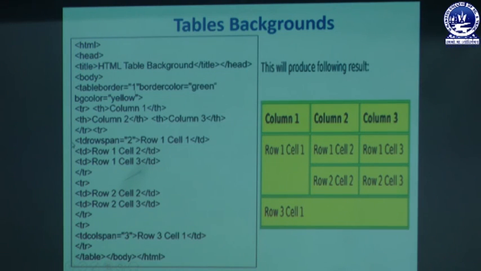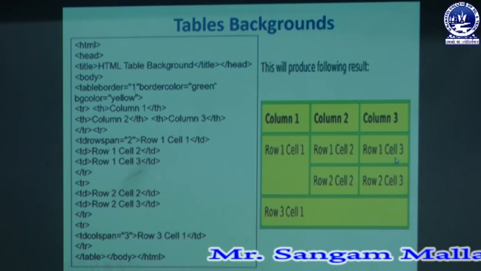In the second row, you can see over here that tr is the second row. In td I have written row span equal to 2, with the value row 1 cell 1. Row span is used to increase the size of the cell. Row 1 cell 1 is the value which is stored in td. Again we have 2 values, row 1 cell 2 and row 1 cell 3. That means in a single row we have 3 values: row 1 cell 1, row 1 cell 2 and row 1 cell 3.